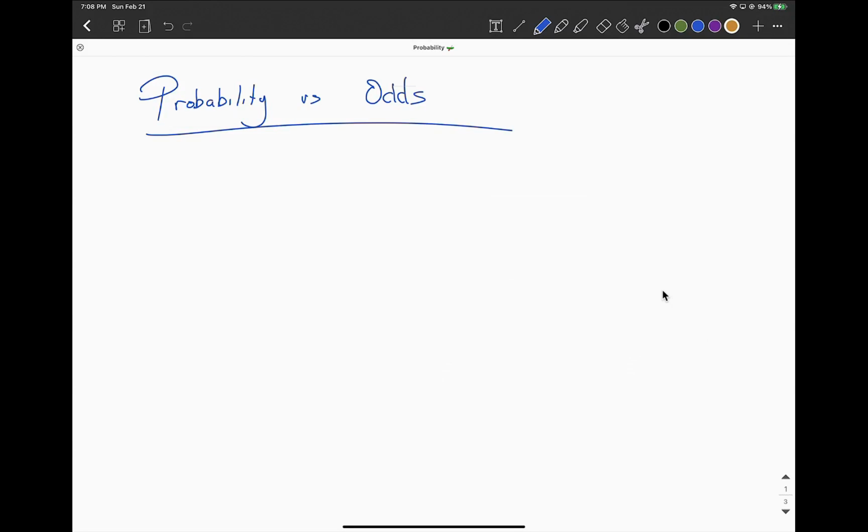With 30-2, we have to represent different sample spaces by probability and by odds. There's a slight difference with how we want to represent these. Probability meaning more of a fraction